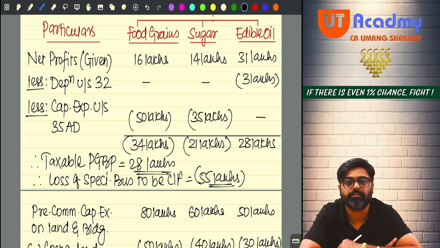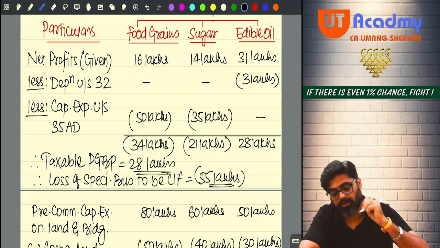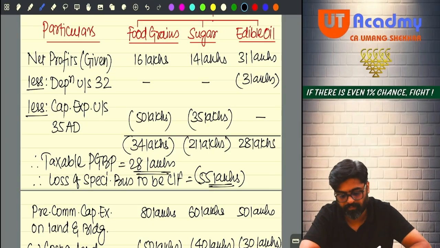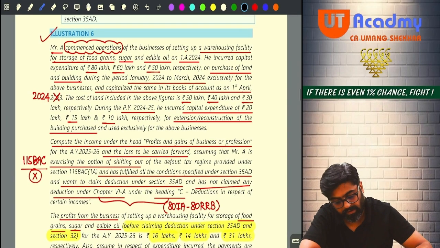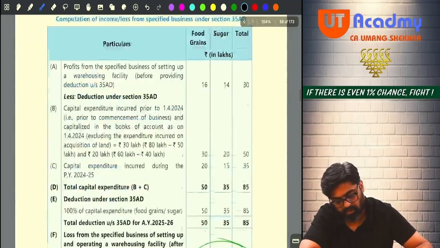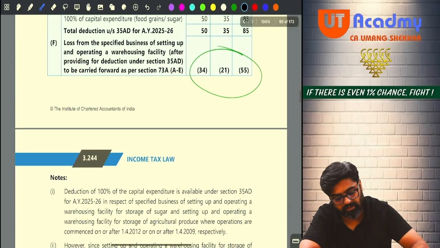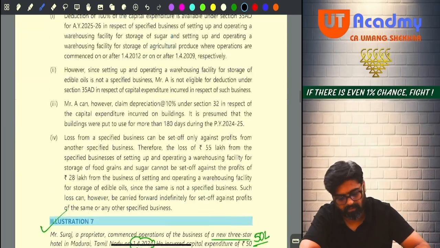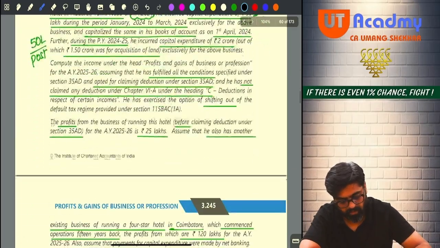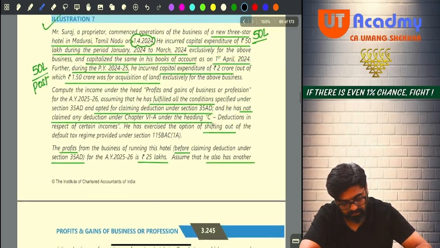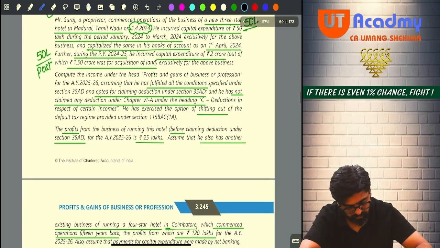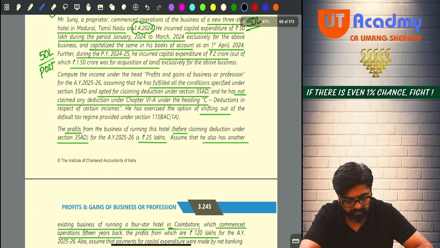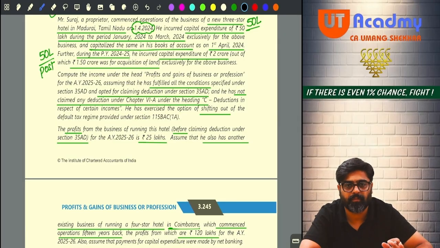Done, friends? Sure. This question is over. Come to the next question now. Sixth is done. Okay, no? Come to the next question. Check the answer. See, this same answer we also got. Come to illustration number 7. Mark this question also as important.